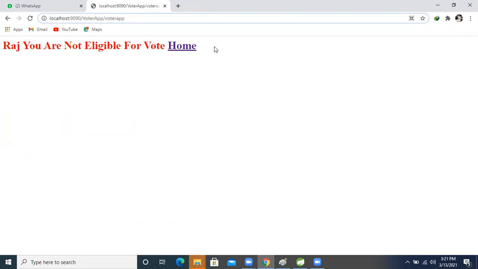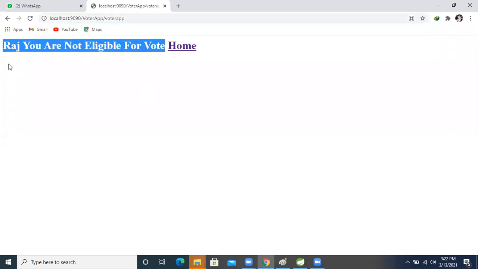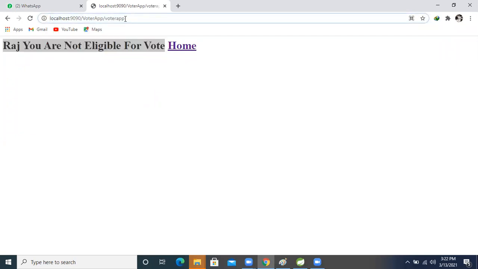So for that, if we want to send the form data, at that time we are using post. If we want to make the request as get type, then we can send the form data at that time also, but the data will be represented in query format in the URL bar. Because of that we are not using get. Okay, but I will explain why we are using post.